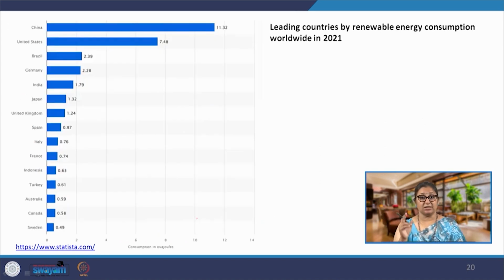And if we look at the countries which are doing very good as far as the use of renewable sources of energy production are concerned, then we see that India, so this is again 2021 data, as on 2023 India is at number 4, and we are doing very good as far as the renewable energy consumption is concerned. So, as a country we are doing very good, we are moving forward to the renewable sources,